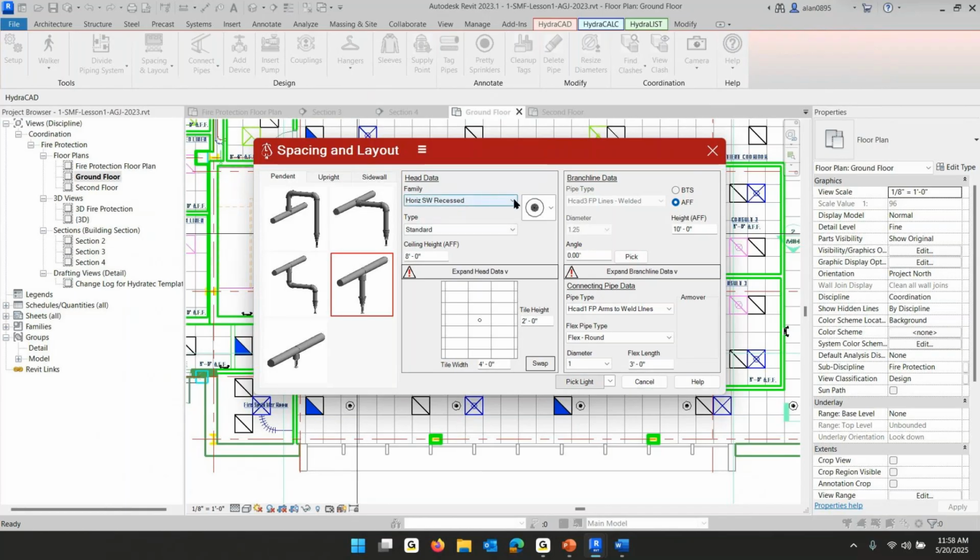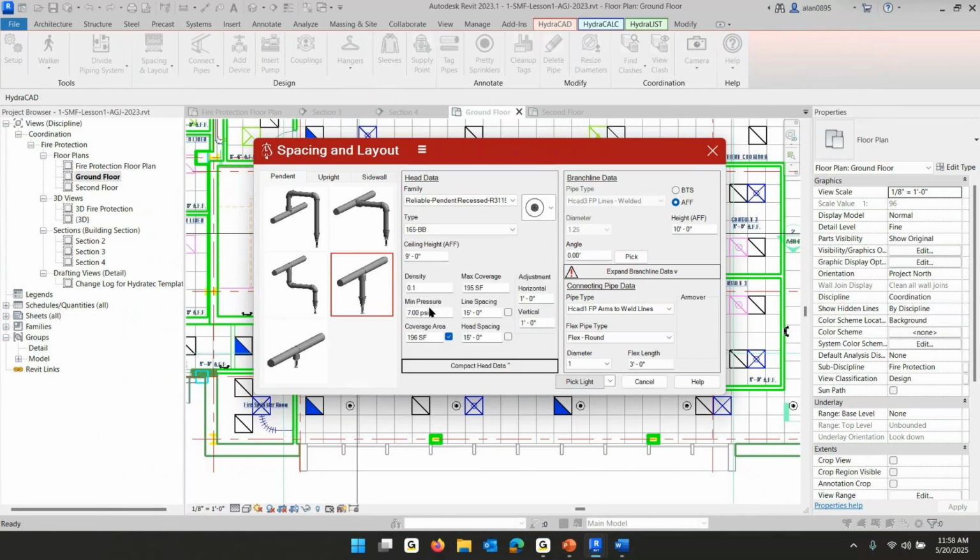Over here, though, which family, I should be able to dial in the reliable pendant family. So that's the kind I'm putting in. My ceiling height, I'm going to put at 9 feet. And then if I expand head data here, there's a little triangle to remind us that I should do that. I'm going to say when I put these heads in, I'm planning to calculate them with a light hazard density,